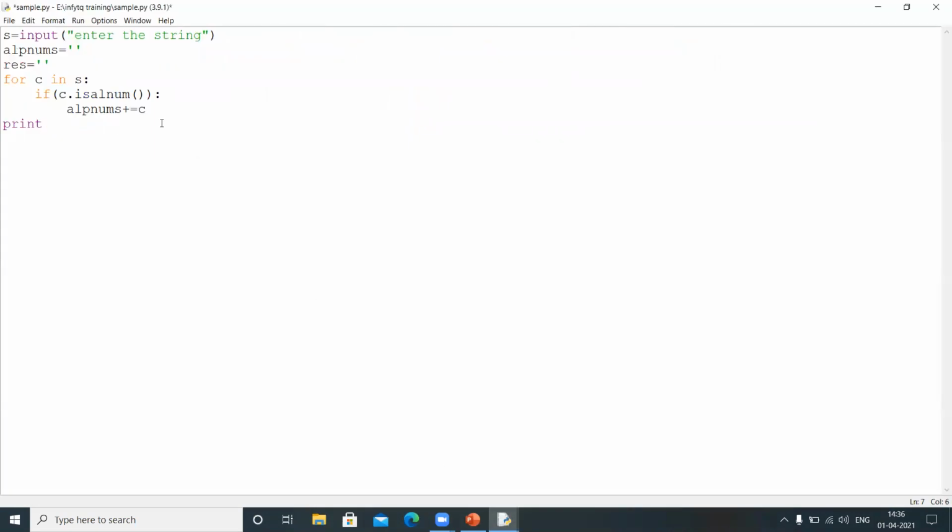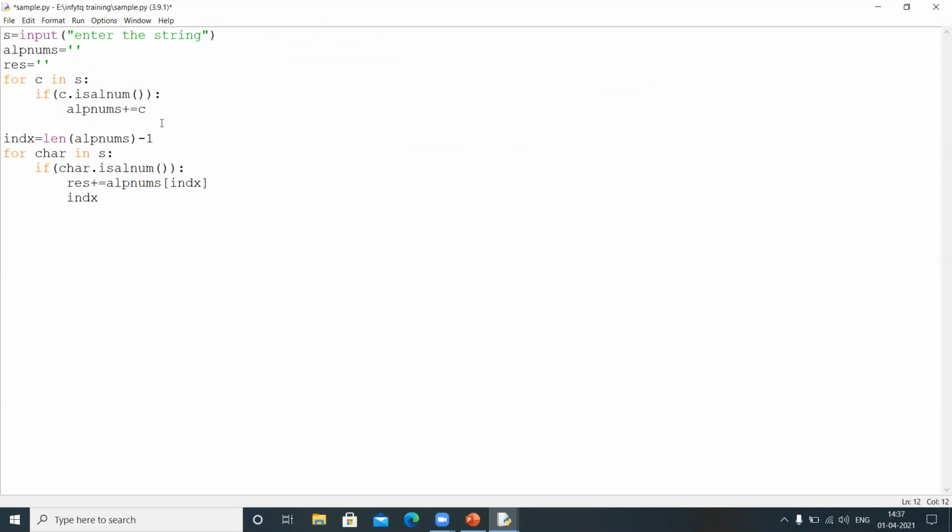Now observe the index, right? Index equal to length of alpha nums minus 1, which means index will point to the last character of the alpha nums string. Now observe, for character in S, if the character is an alphabet or number, isalnum, in that case we need to add alpha nums of index, and we need to do index minus minus.